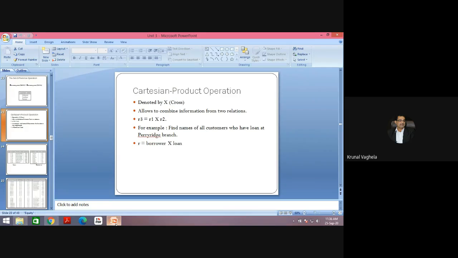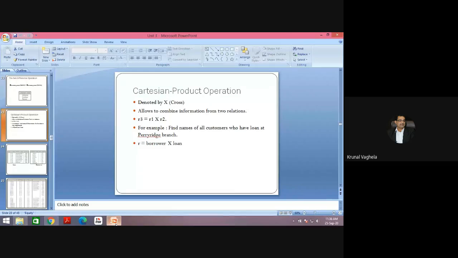Cartesian product is used when you want to get information from more than one table. We need to combine two tables, and for that the useful operation is Cartesian product. It allows us to combine information from two relations, and it is denoted by cross. We also saw one example.